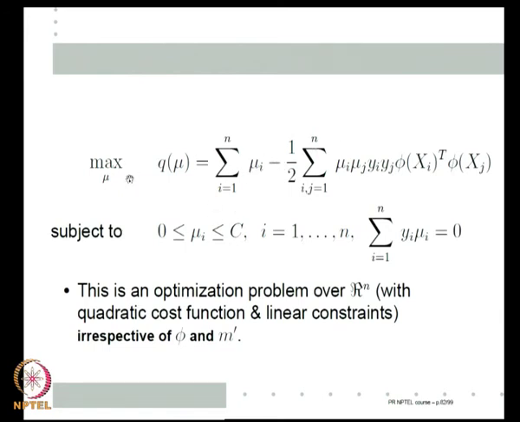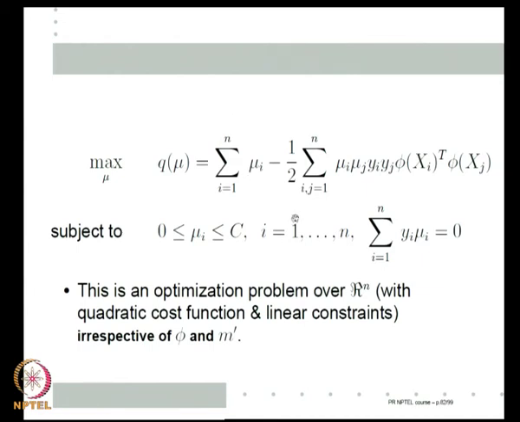So, the optimization problem remains only of order of n. At least earlier we said that to naively solve the problem in the Z space, I have to solve a problem of the dimension of the Z space, that is m prime, but now I am not solving that, because I am solving the dual. The dimensionality of my optimization problem remains n, the number of examples, it does not become m prime. So, even if m prime is 10,000 or 1 million, my optimization problem's dimension does not increase, it will stay at n.